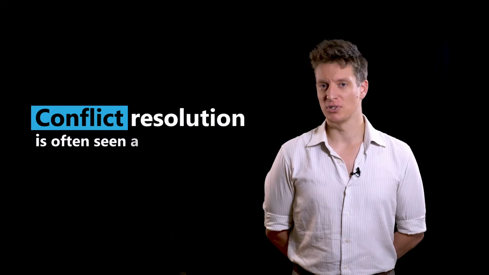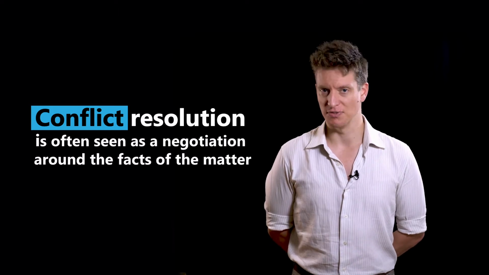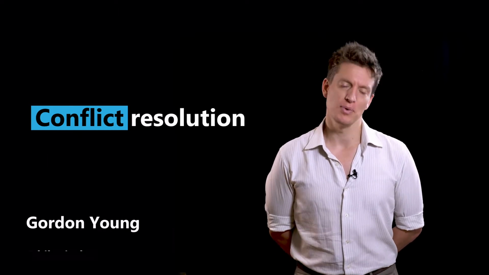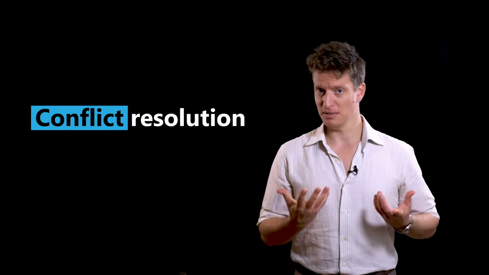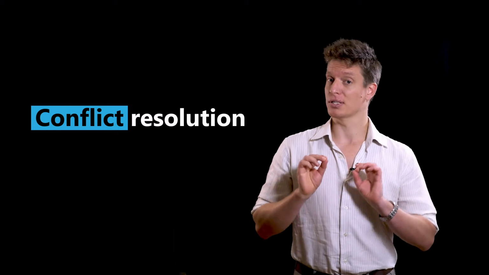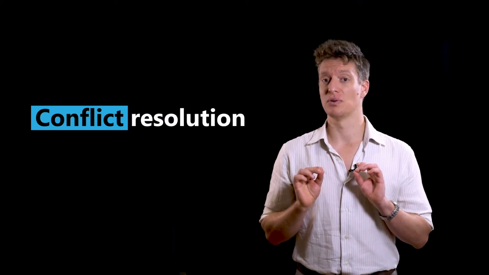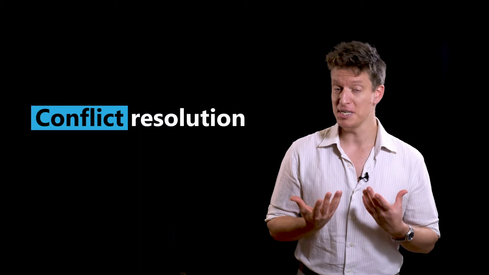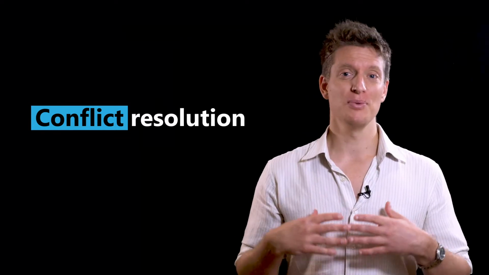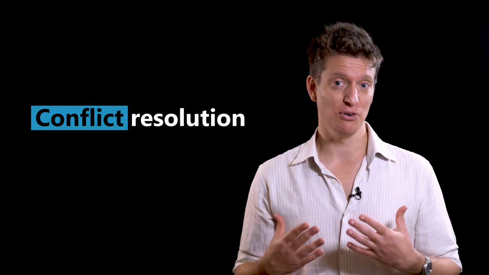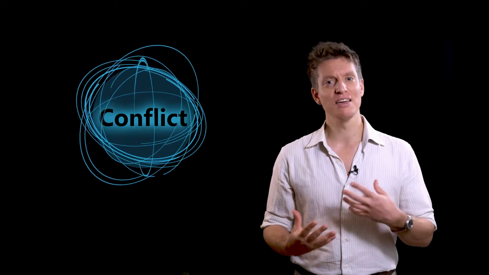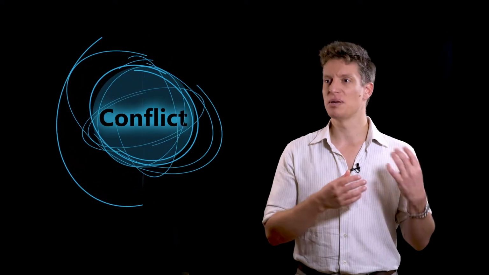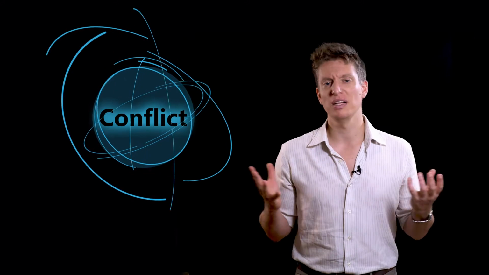Conflict resolution is often seen as simply a negotiation around the facts of a matter. Say you're negotiating with a client over a contract and they're disagreeing with you on something. Surely, it's just a matter of better explaining the details of the situation to them, at which point they will understand your point and come on board. But as anyone who has ever had to deal with such a conflict before can tell you, it's very rarely this simple. There are so many layers in any given conflict that make simple delivery of the facts completely implausible